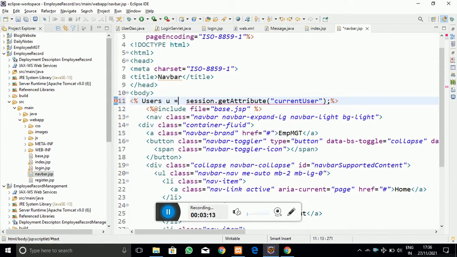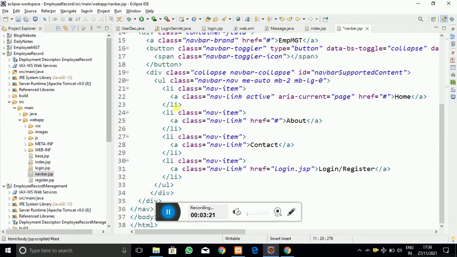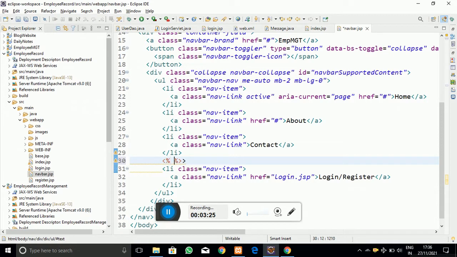Here I have to typecast it to the user type so that we can get it. Now we got the session of the user and stored it into the user entity.